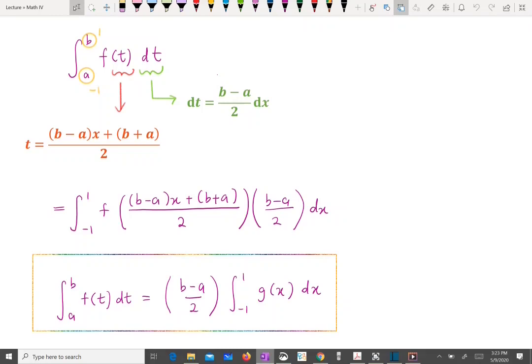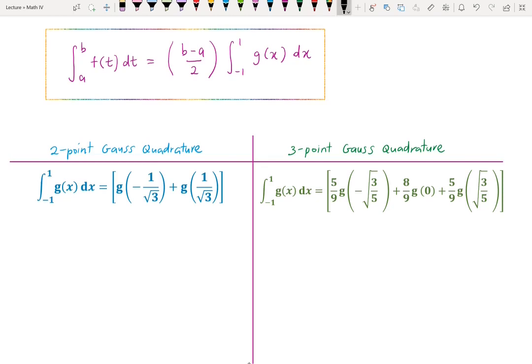If you still remember, we have two types of Gauss quadrature to consider here. Firstly is the 2-point Gauss quadrature or 2-point rule, and the other one is the 3-point rule. And you know that each rule has its own formula for its g(x) function. So let's substitute the value of g(x) into the approximation formula for the respective rules. Now we substitute this one according to the respective formula for each rule. For the 2-point Gauss quadrature, we substitute with this formula. So it will become